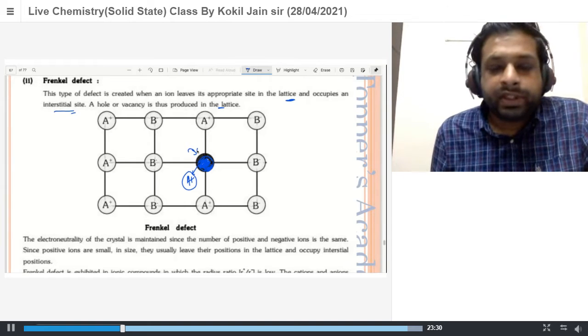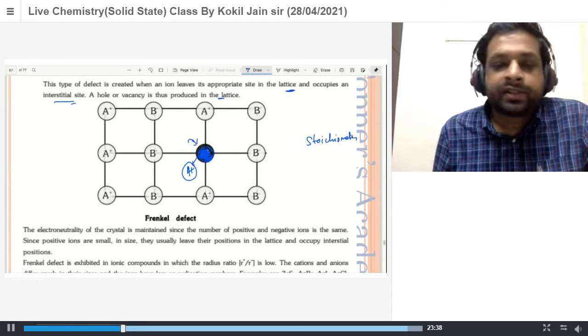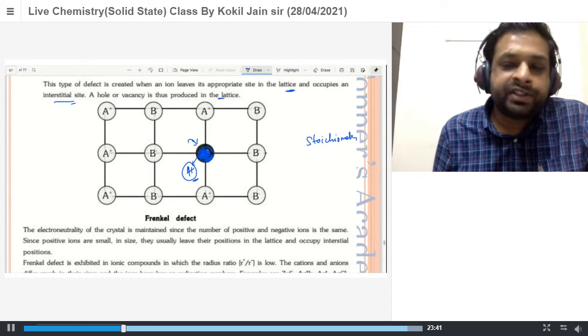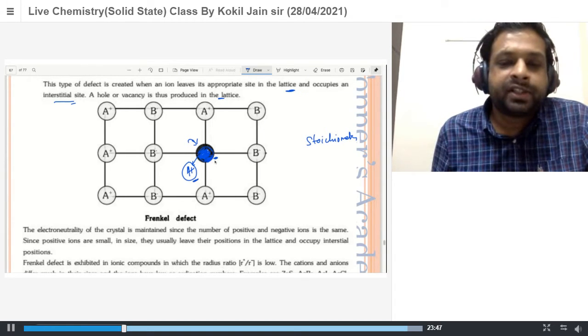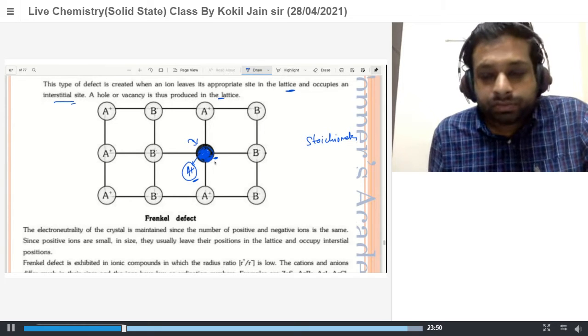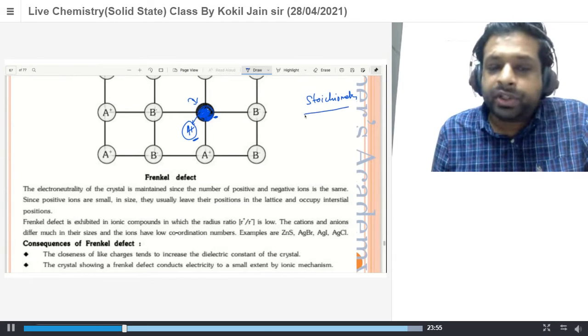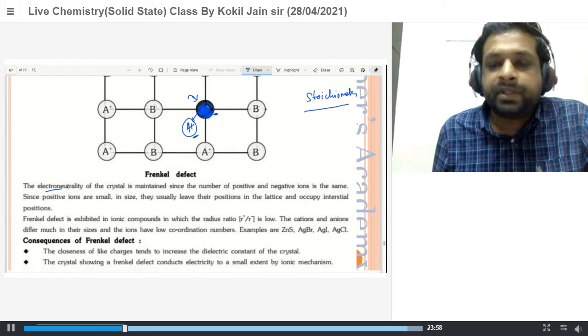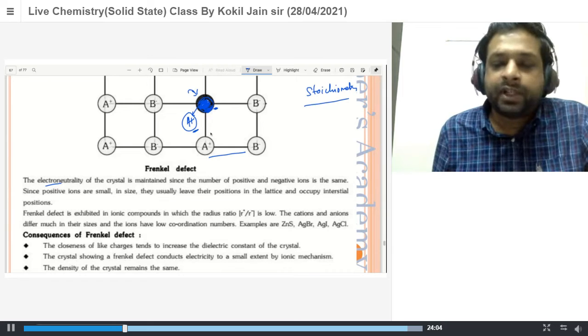So in this type of crystal again, you can see that stoichiometry is still maintained, right? A plus is still there. Stoichiometry is still there, but there is a defect in the crystal because the original position where it was expected to be, it is not present there. As I say, stoichiometry is present, and electroneutrality is also the same here. A plus and B minus are in equal number. The ions have not left the crystal here, so it is going to occupy only the interstitial site.